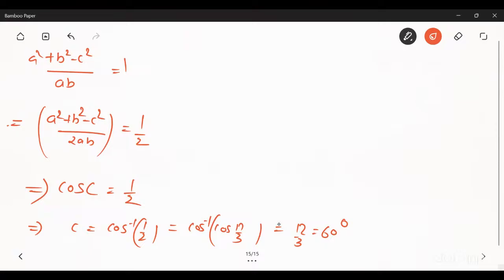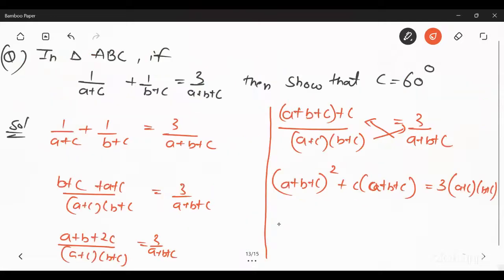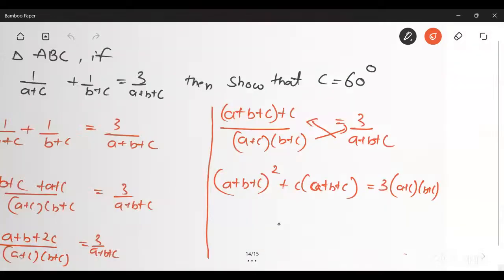Okay. So that was the value of angle C. So we have proved this previous year question. Now the next question is,